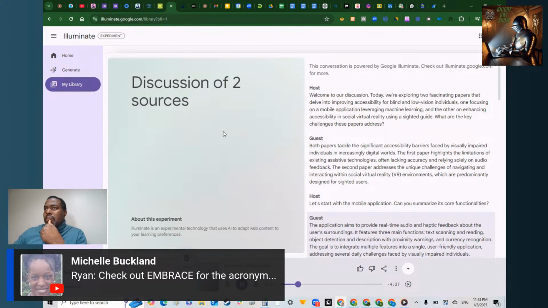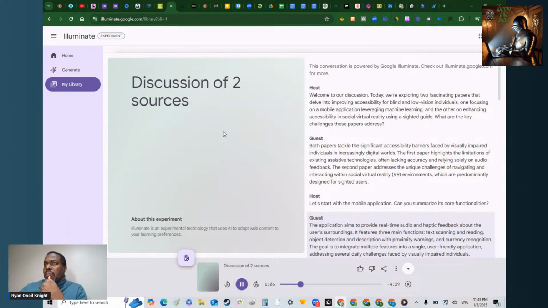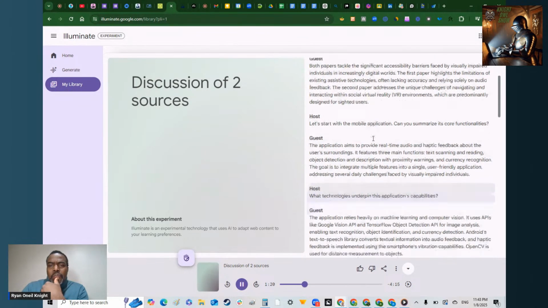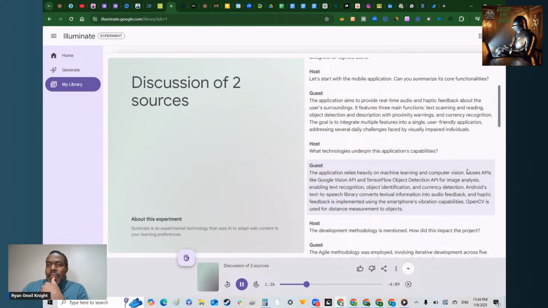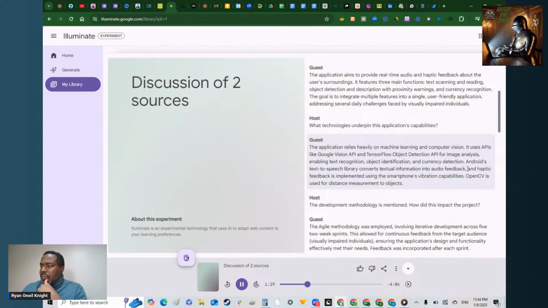The application aims to provide real-time audio and haptic feedback about the user's surroundings. It features three main functions: text scanning and reading, object detection and description with proximity warnings, and currency recognition. The goal is to integrate multiple features into a single, user-friendly application, addressing several daily challenges faced by visually impaired individuals. What technologies underpin this application's capabilities? The application relies heavily on machine learning and computer vision. It uses APIs like Google Vision API and TensorFlow Object Detection API for image analysis, enabling text recognition, object identification,